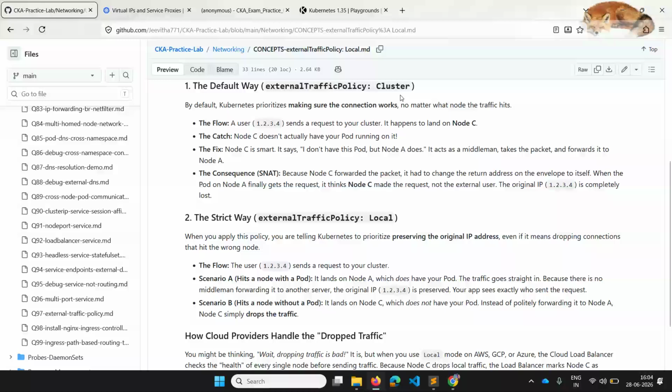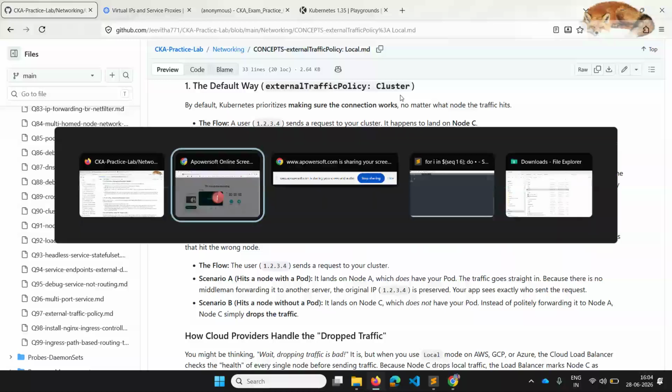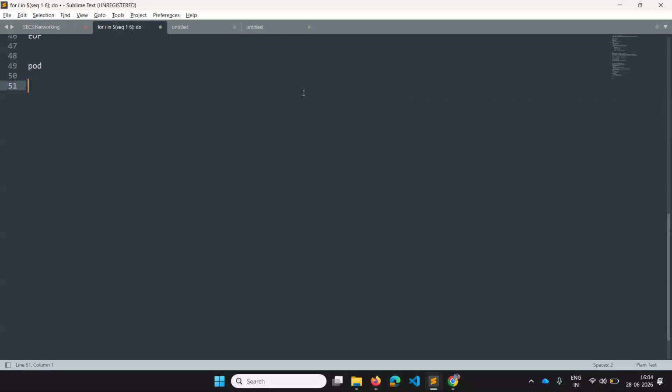And what happens if it is a type cluster is, let's say you have a pod from same node or other node, whatever it is, and this pod is sending a request to another pod.